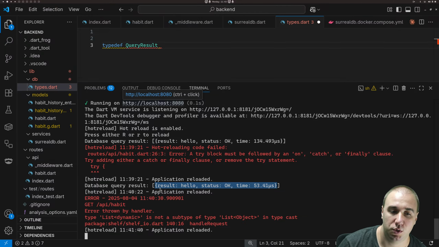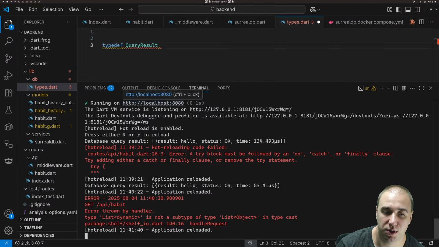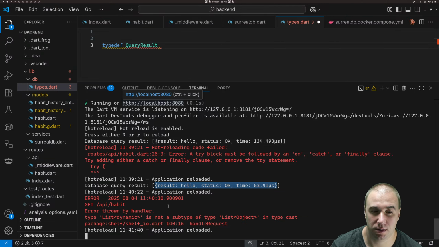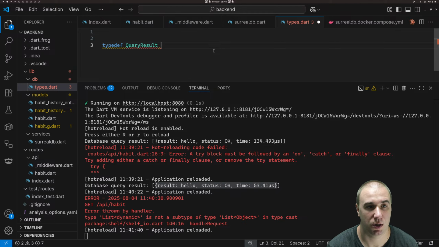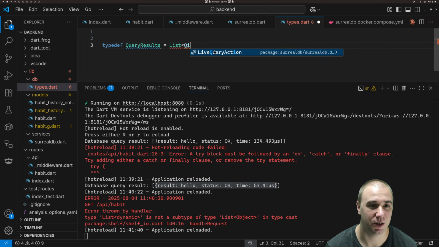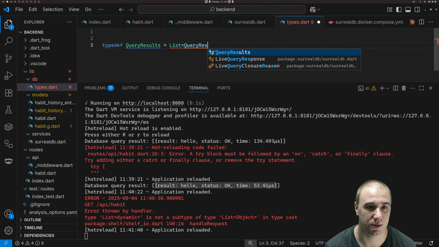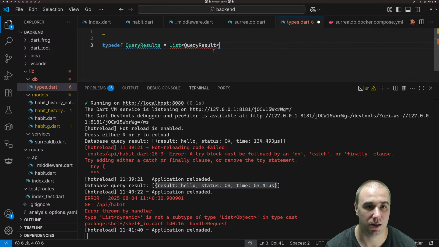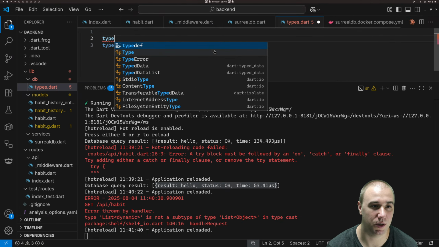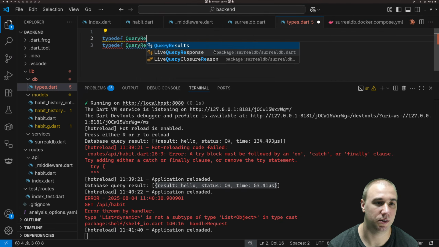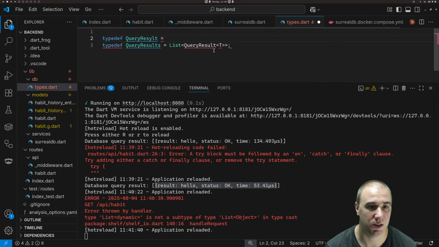So we could make it that a query result is this whole thing, or that this is the query result. I would kind of like to make query results, plural, and that'll be a list of query result of type T. Okay, I don't know if we can do that. Typedef query result, which is,